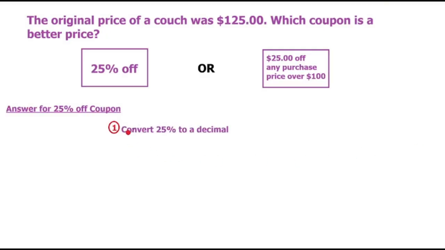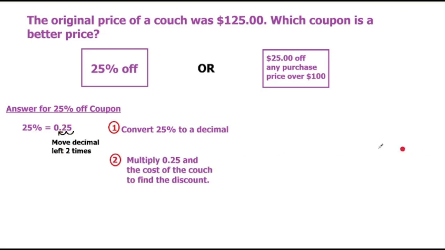So first thing to do is convert 25% to a decimal. So 25% in decimal form is 0.25. And remember, you move the decimal left 2 times, 1, 2, to make 25% a decimal. Now we multiply 0.25 and the cost of the couch to find the discount. Okay, that's how we find the discount. So 0.25 times 125 equals